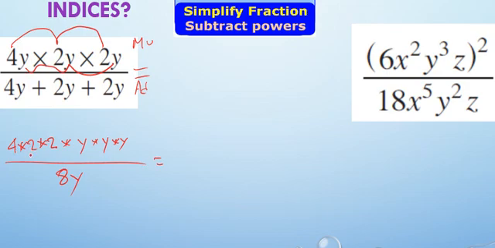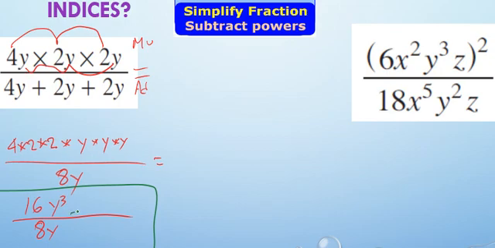4 times 2, 8, times 2, 16. I'm done with this. y times y times y, y to the power of 3. And underneath I have 8y. Do you see what I see? I see that this little one here can be simplified. How many 8s do I have in 16? 2. And I get 1y from here and 1y from there. I'm subtracting. Okay? So my answer is